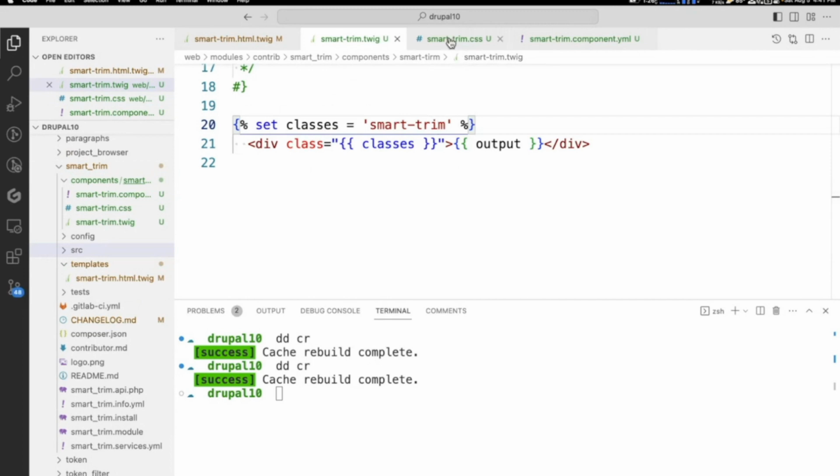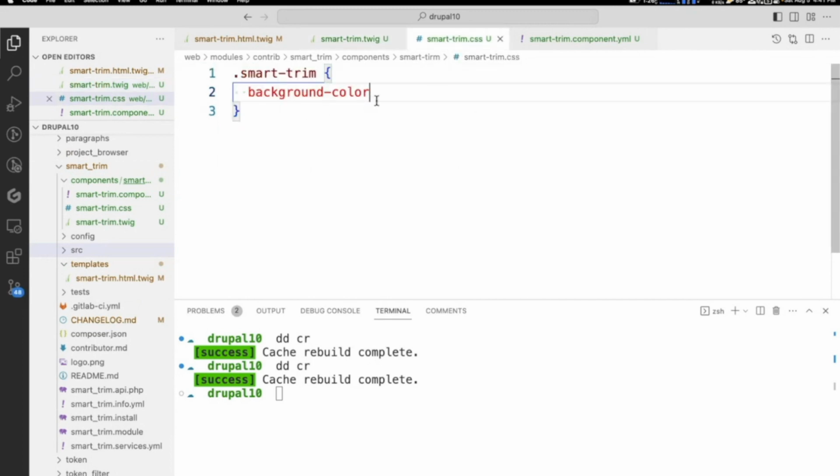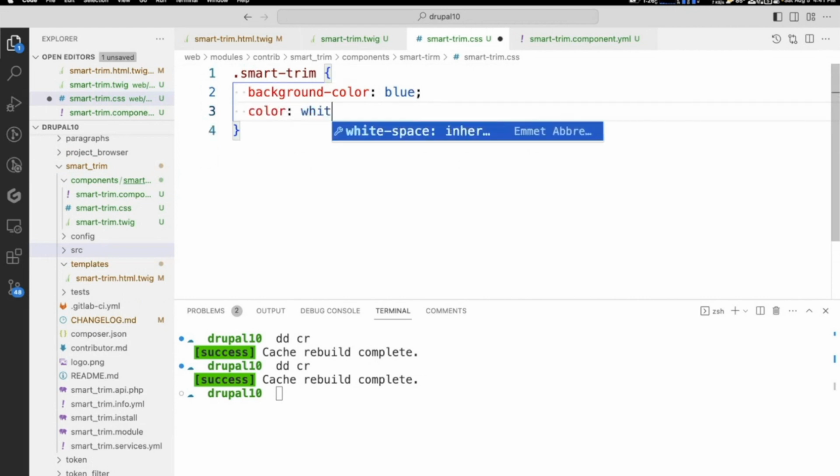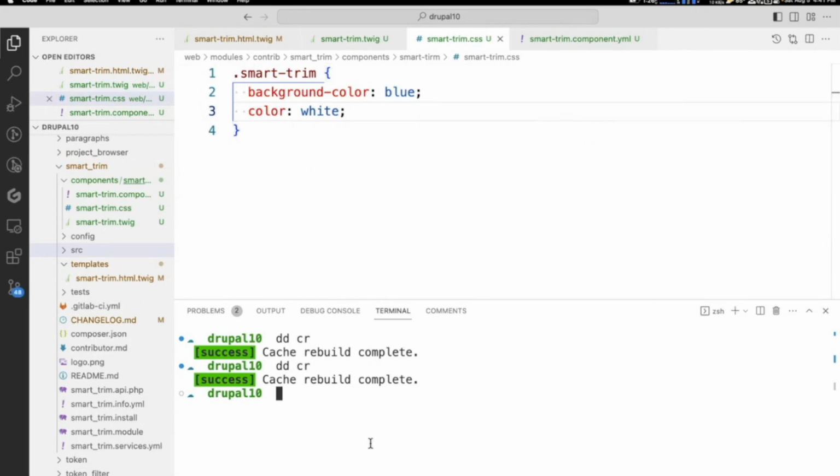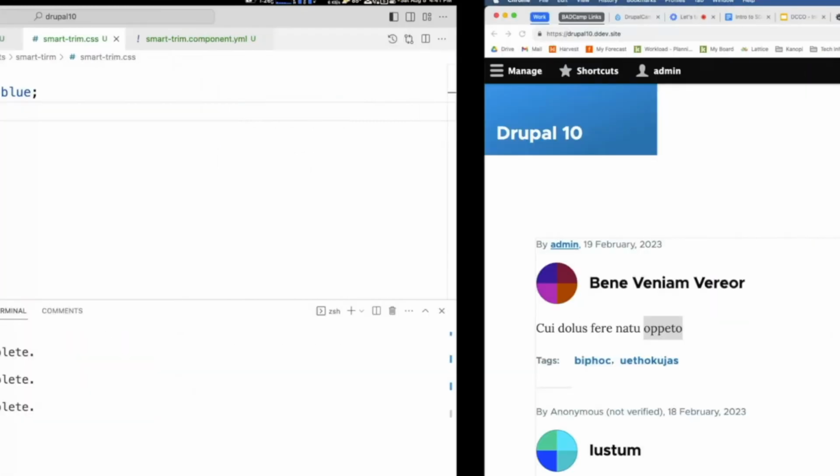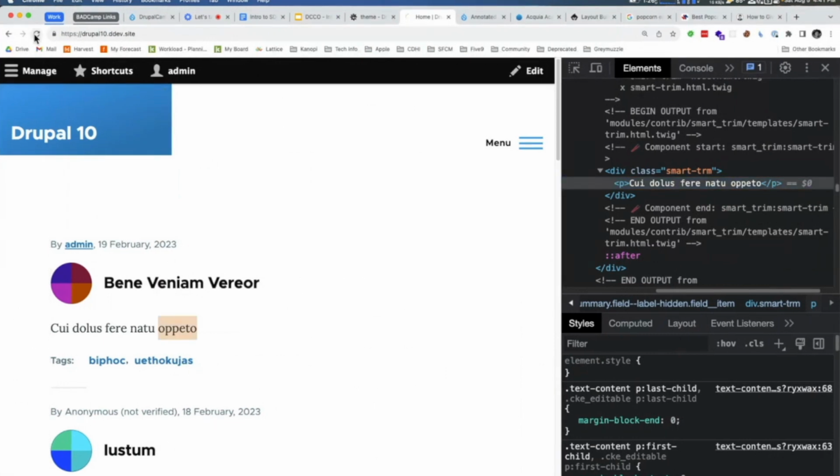So we're going to call this background color blue, and then color white. All right, and then we're going to clear the cache because we've been having to clear the cache anyway. Makes our lives easier. And now, without further ado,